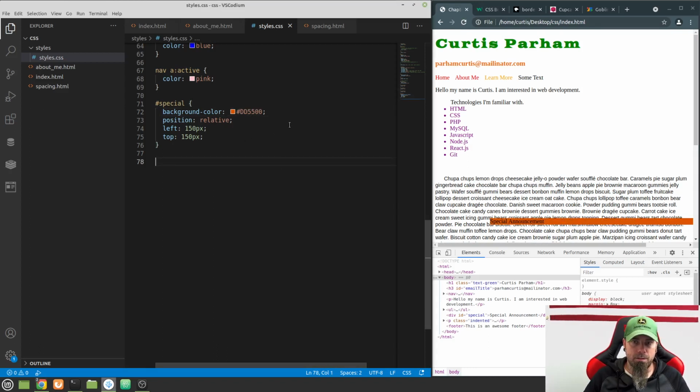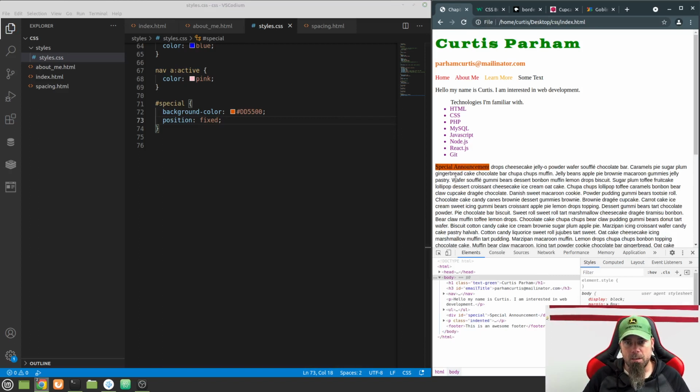So that's not all that useful yet. However, another position that we could give this would be a position of fixed. If I give this a position of fixed, you can see what happens, I don't have anything else, I just got position fixed. Position fixed takes it out of its normal flow, okay, if it's block level, it actually collapses down, as we can see here,